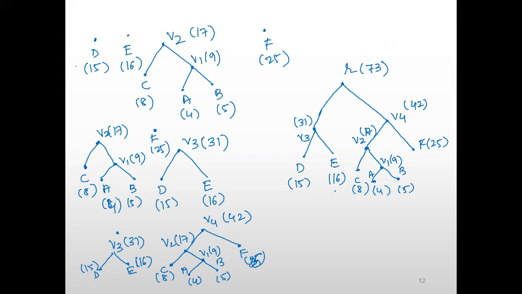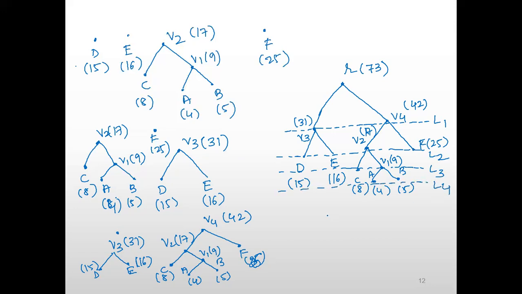Next, as usual, we need to find out the weight of the tree. To find out the weight of the tree, we need to consider weights that are assigned to the leaf node, and also it will be multiplied with the levels of the leaf node. So let's draw the levels. Here it is the 0th level. This is the level 1. Here it is the level 2. Next we have level 3, and finally